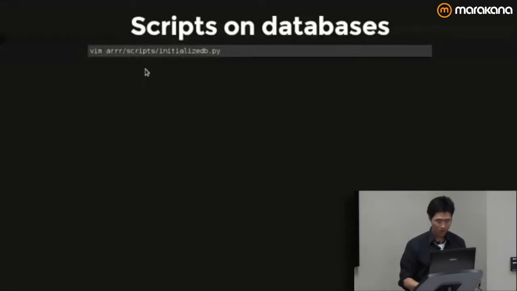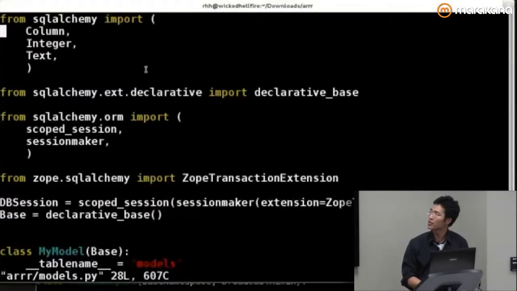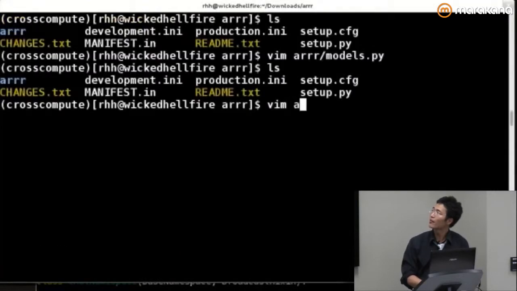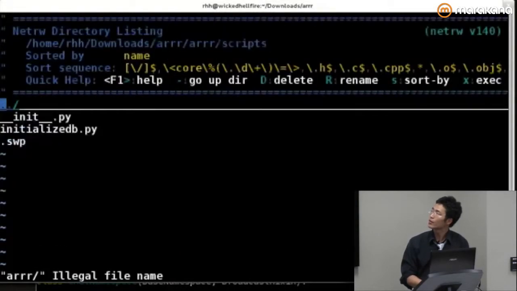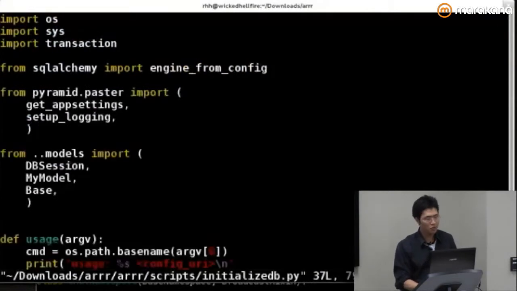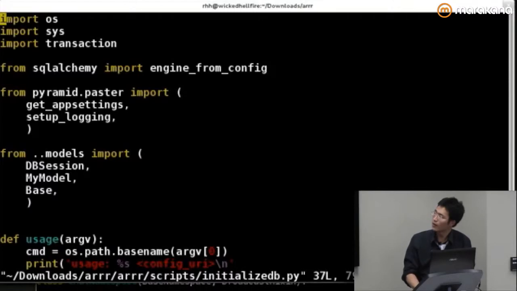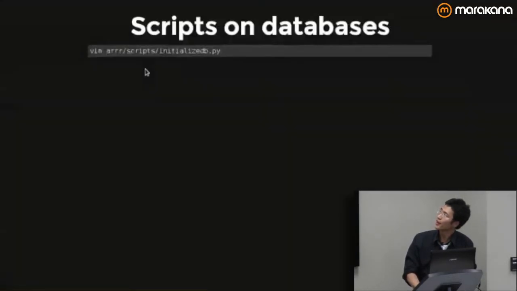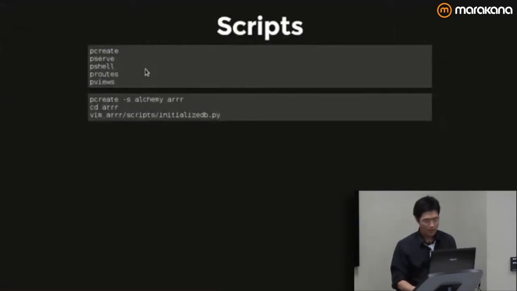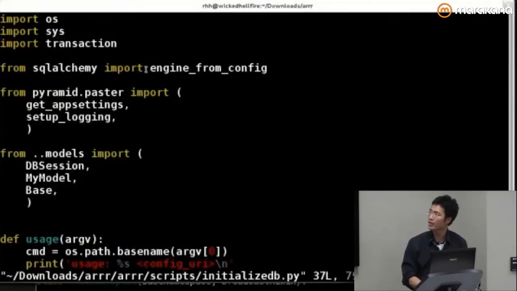The scaffold includes an example of a script, which I'll talk about soon. You want scripts to also be able to access your database, in case you have a cron job that modifies your app. But I'll talk about that in the next slide. So scripts. So far you've already seen scripts such as pcreate, proutes, pshell. I don't think I've shown you pshell, but